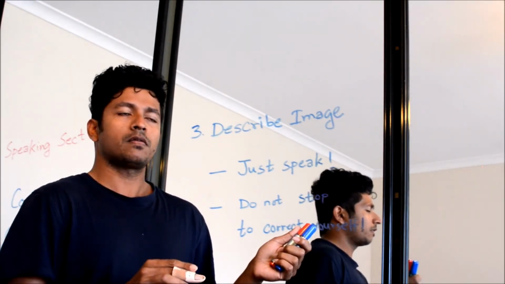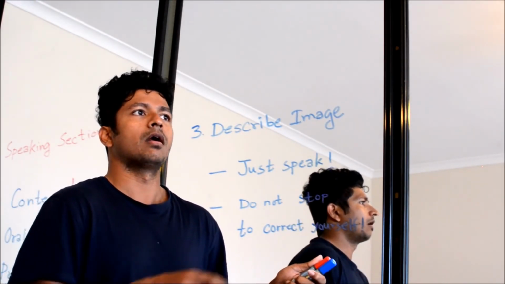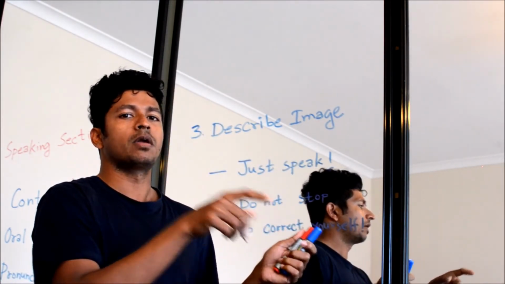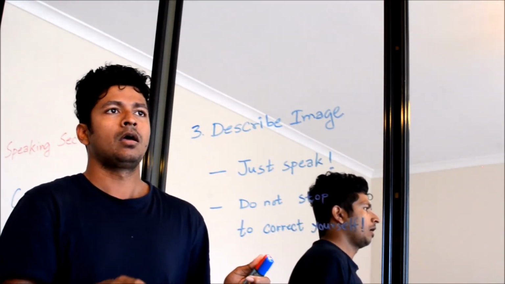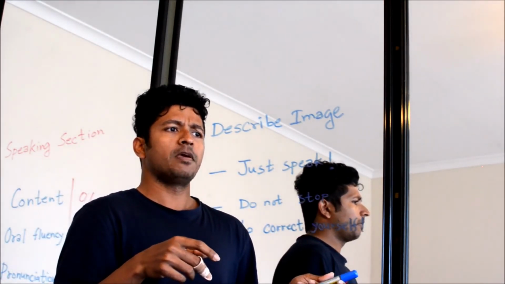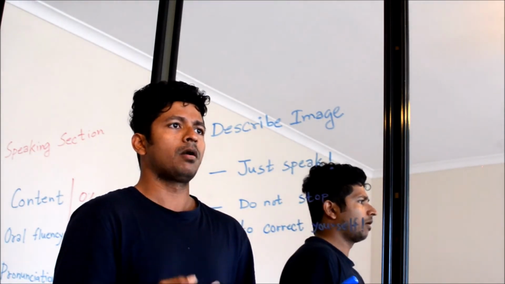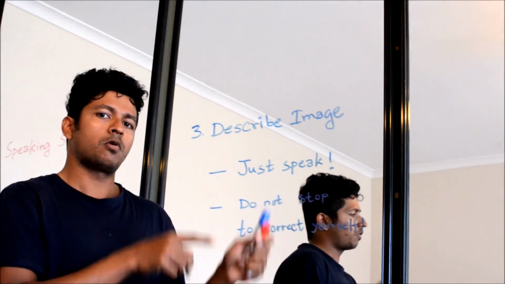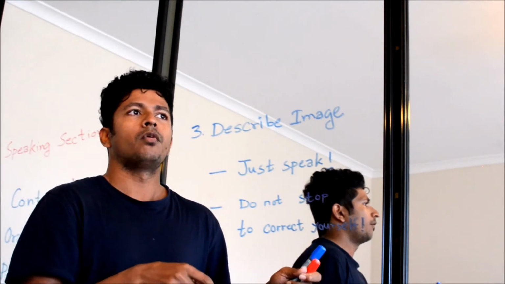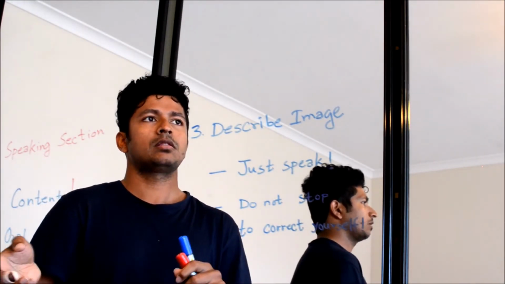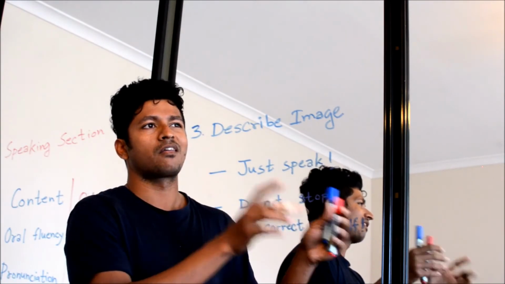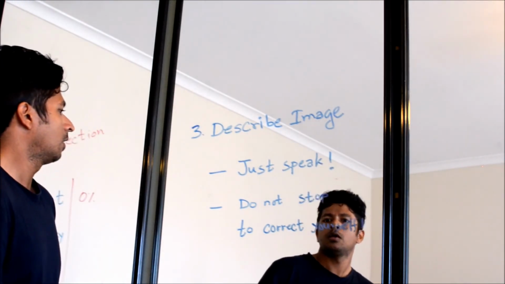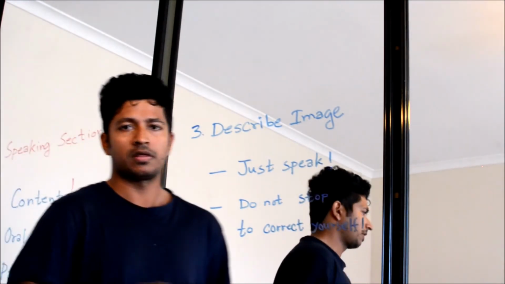When you get the result, you will see that there are a few sections: for grammar you get marks out of 90, for fluency you get something, for pronunciation you get something. So if you're speaking without thinking about grammar, then maybe your grammar points will be a bit low, but your fluency and your pronunciation should be high. And when you are writing in another section, you can compensate for your lack of grammar in that section. So that should work out pretty well. So yeah, for describe image, do not hesitate, do not stop, just speak.